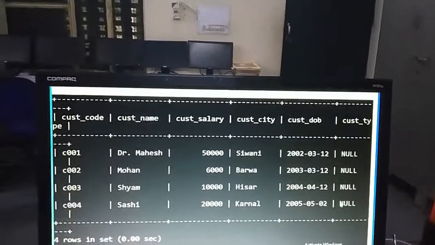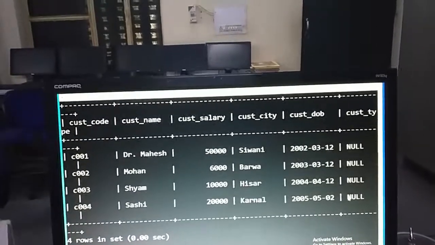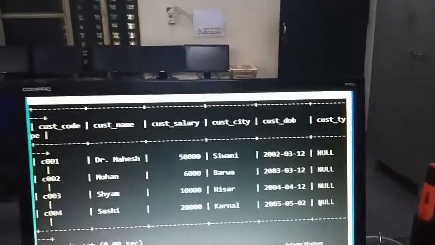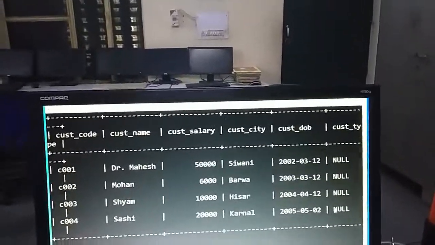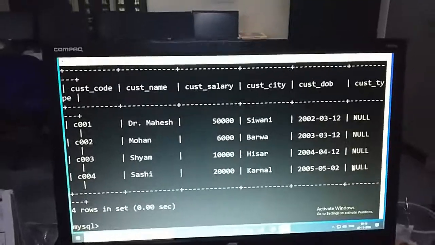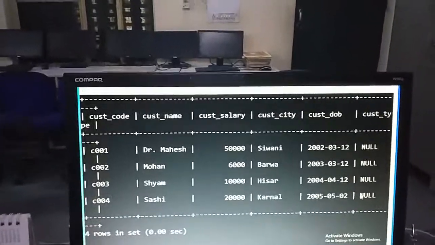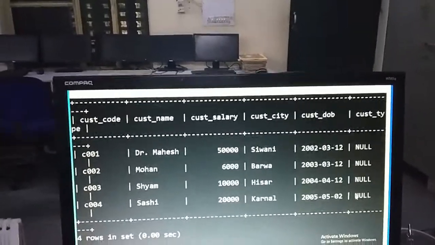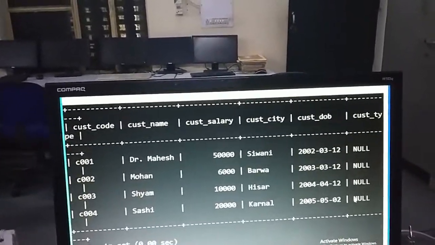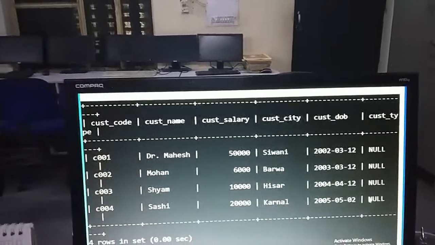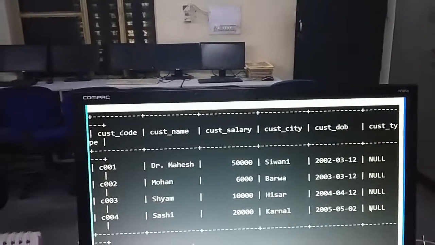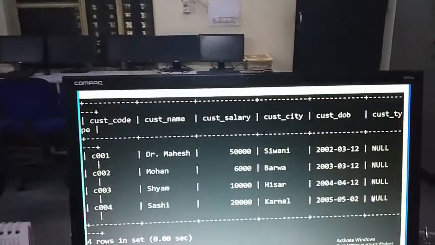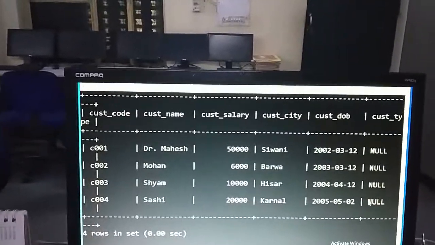Now next is to add an integrity constraint. Now constraints you have seen like a primary key or foreign key or unique key, these are the constraints, and I had shown you how to create all these constraints during table creation in my previous video. So if you know, it's fine. Otherwise, kindly watch that video and learn it. What are the constraints, how to create a default constraint, how to create a not null constraint, how to create a primary constraint, how to create a unique constraint, how to create a check constraint. All constraints have been explained well there. Now, to add a constraint in the table,